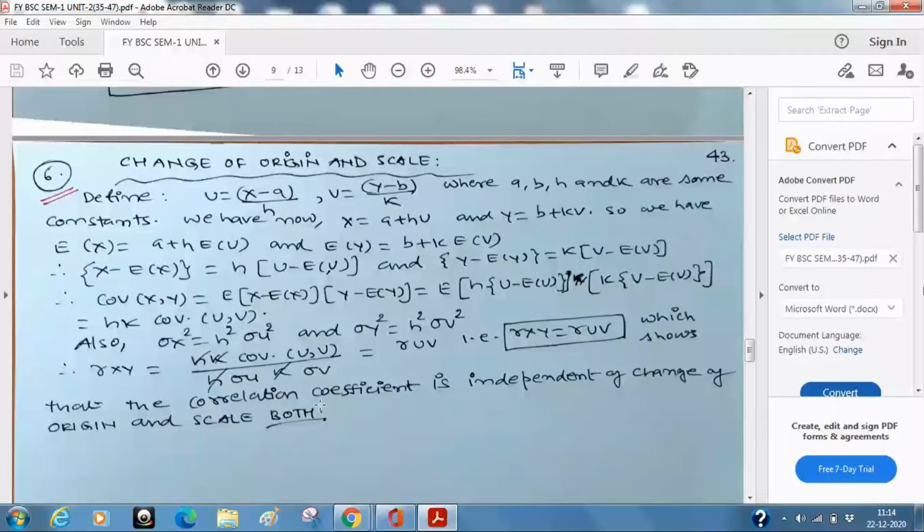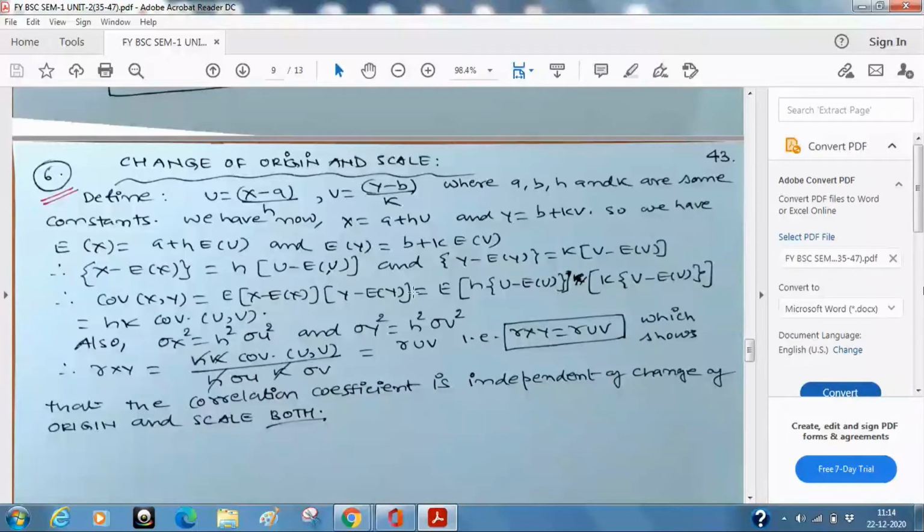It is affected. Next was a measure of dispersion. We have calculated variance. What we observed in the case of variance is that it is affected by scale, not by the origin. Now moving on to bivariate analysis, if you have calculated correlation, this sixth remark is very important.